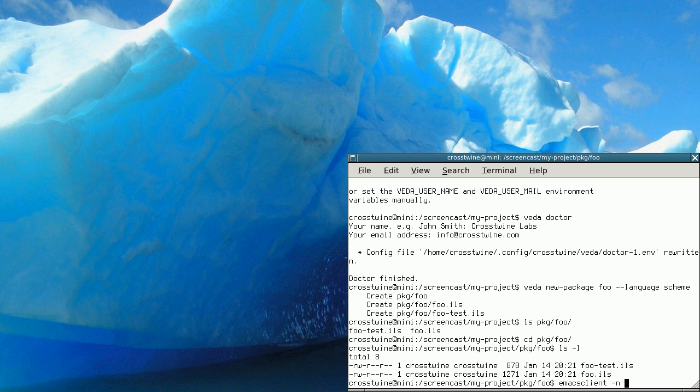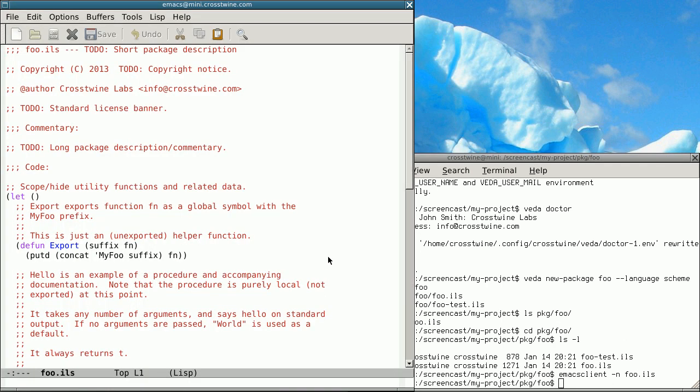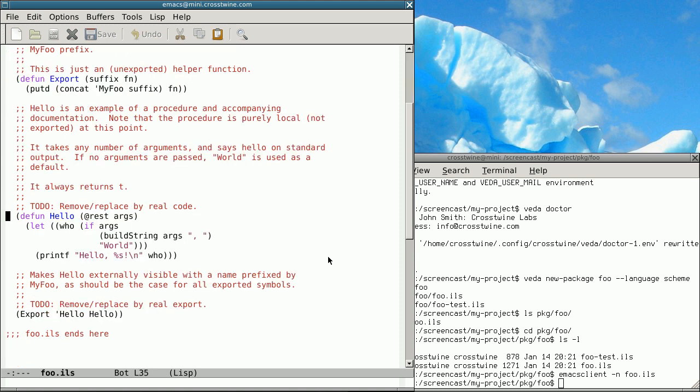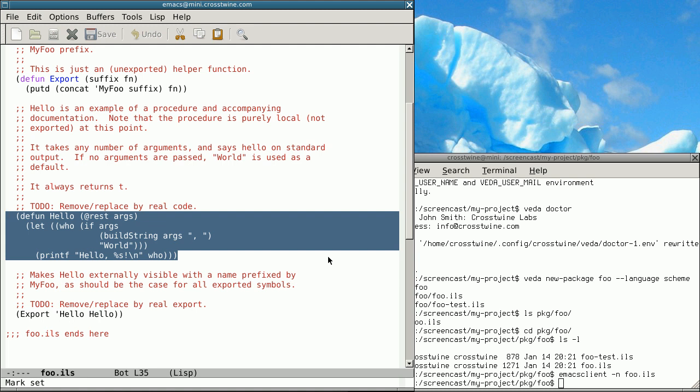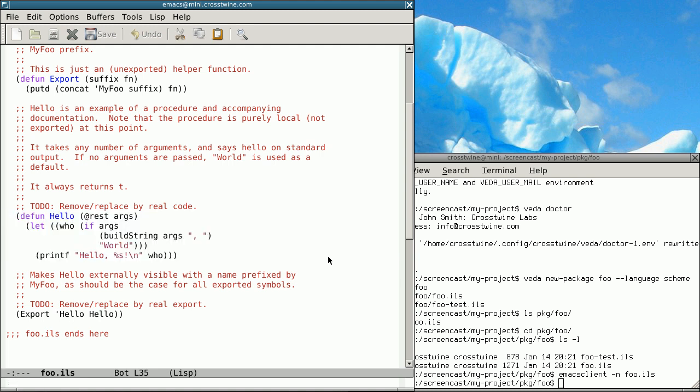If we have a look at that file, it has been filled with a bunch of things, notably author there. It's put my name and address, and it created a small function here, an example function. So it's called just hello,